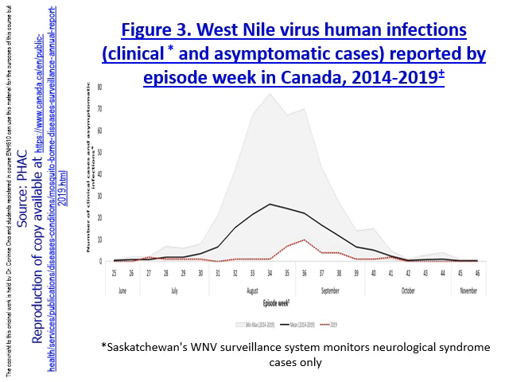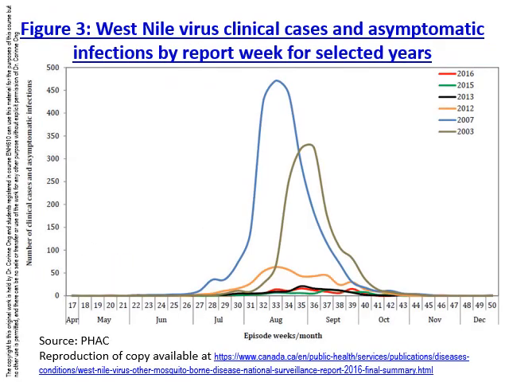Transmission of West Nile virus is seasonal due to the higher mosquito vector numbers in the summer. We can see from this figure that the number of cases in 2019 was lower than the average reported in the previous 5 years, especially in mid-July. The dotted red line represents the cases that were reported in 2019, whereas the black line is the mean from 2014 to 2019. This seasonal trend of a late summer peak is also observed in other earlier years, and even though